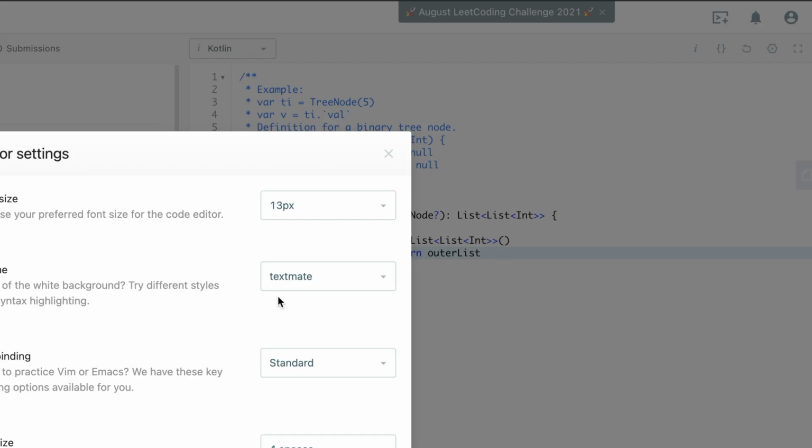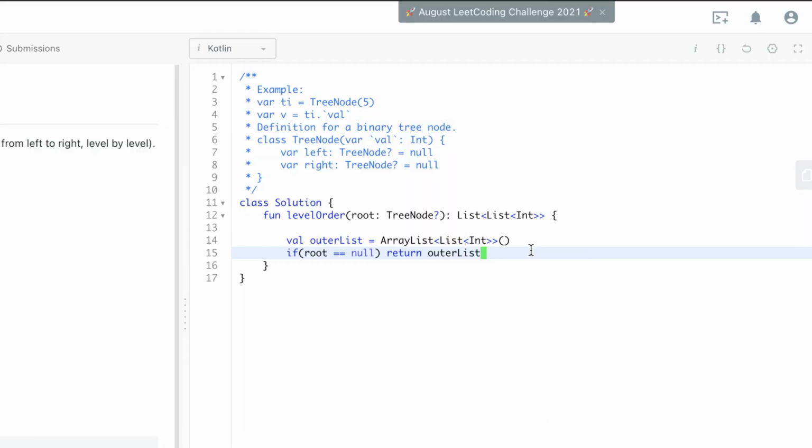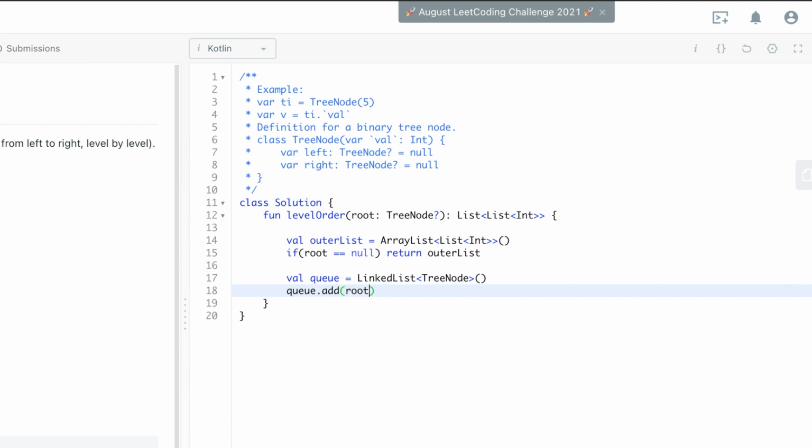And let me change this real quick. Okay. And then so we'll also have a queue, which will be a linked list of tree nodes, because we want to traverse the tree nodes in the linked list, or the queue. And so we'll add the root to the queue if it's not empty, and then we'll just check the size of the queue. While the size of the queue is bigger than 0, so basically if it's not empty,